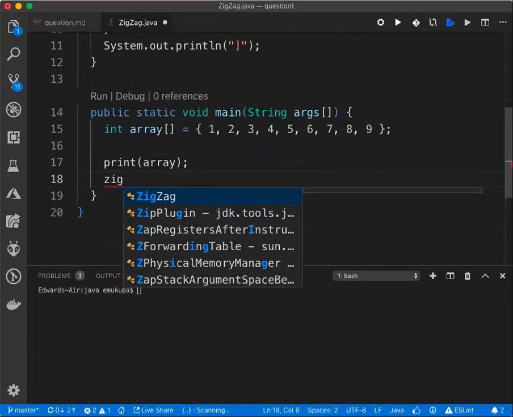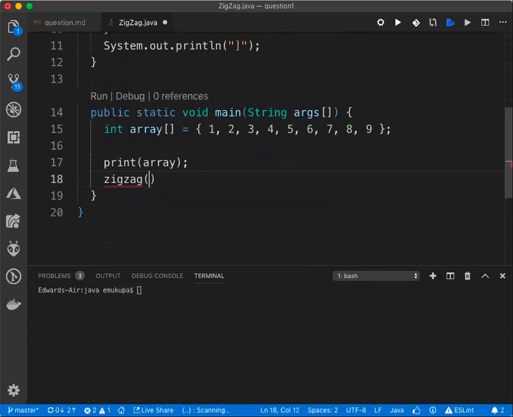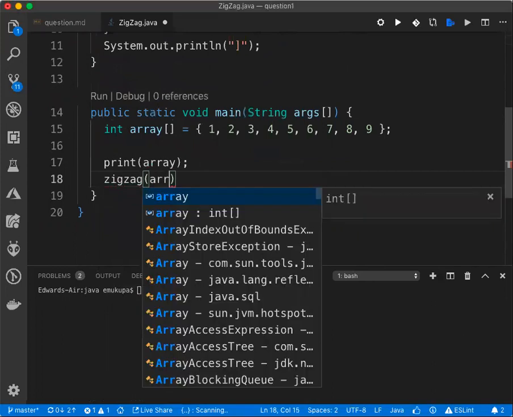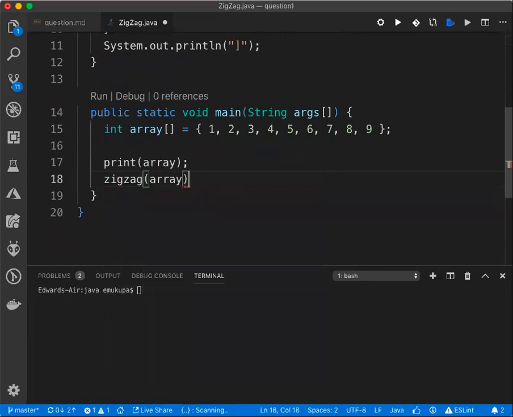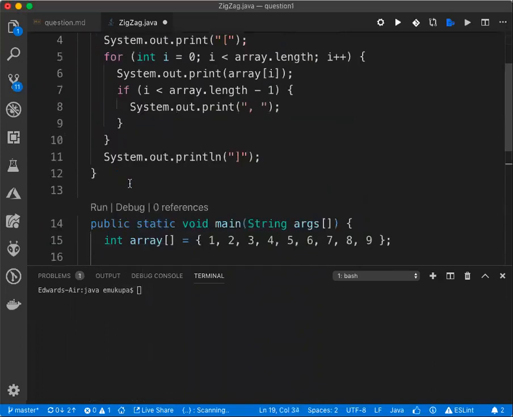I'll call the function zigzag, and I'm gonna pass in my array, and then I'm gonna print before zigzag, then this is going to be after zigzag. All right, now we need to create this method